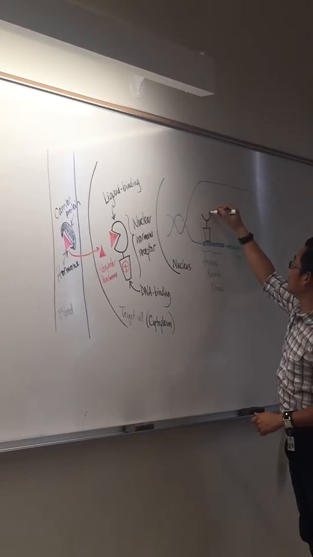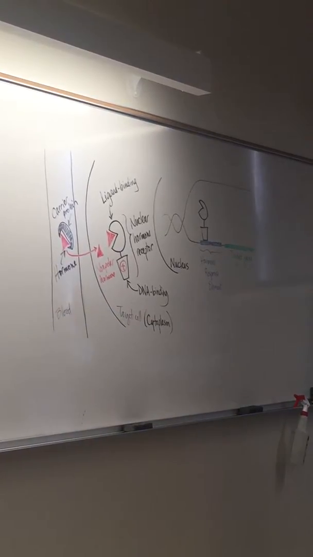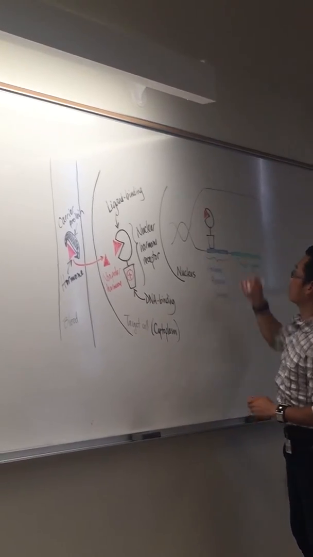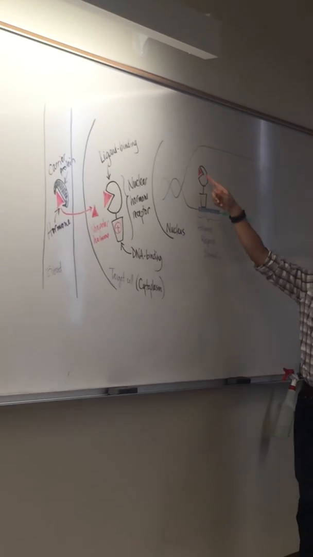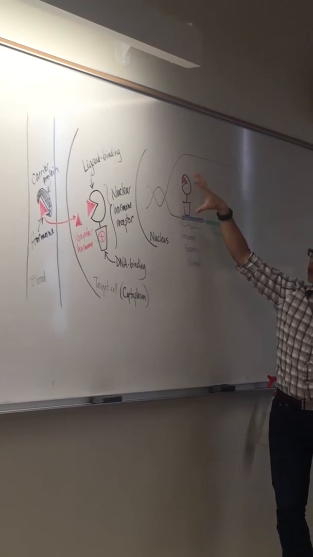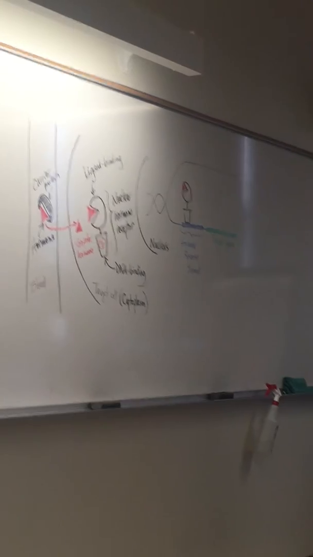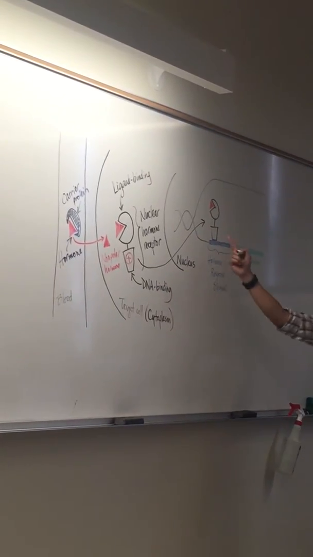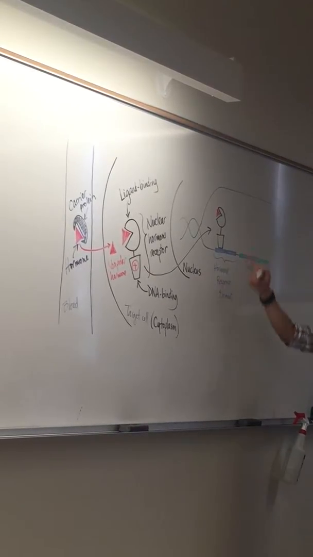you have one complex, comes in, this one has the hormone bound to it, right? Once the hormone binds to this ligand binding domain, it activates this DNA binding domain, and this whole complex translocates from the cytoplasm into the nucleus, where that DNA binding domain will look for this hormone response element and bind